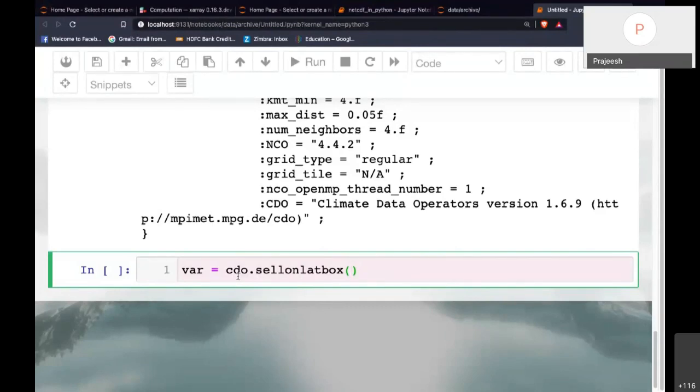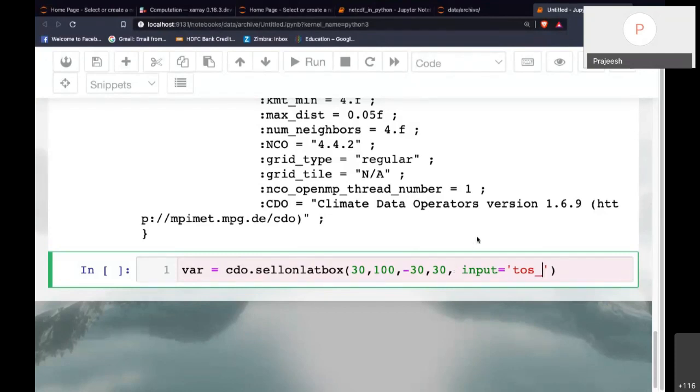So first is longitude, so I'll give 30 to 100, and then maybe minus 30 to 30. Okay, so this is the box. So 30 east to 100 east, and 30 south to 30 north. Okay, and then you have to give the input. Okay, input is the file.